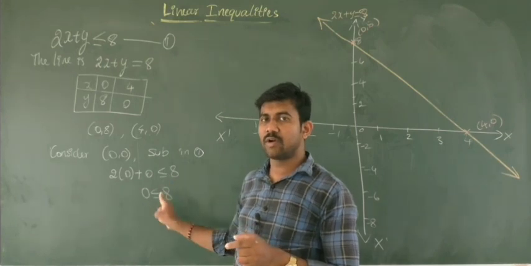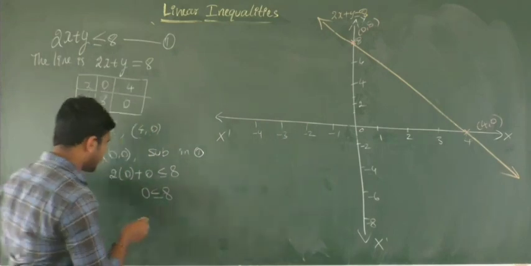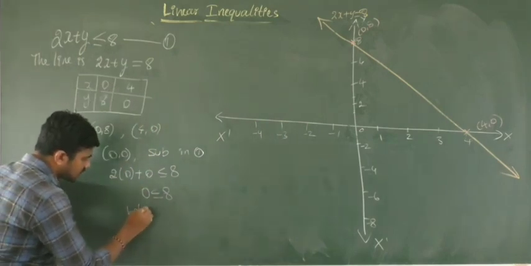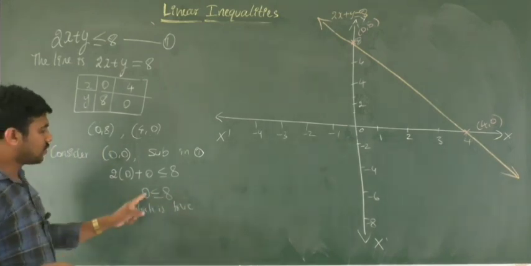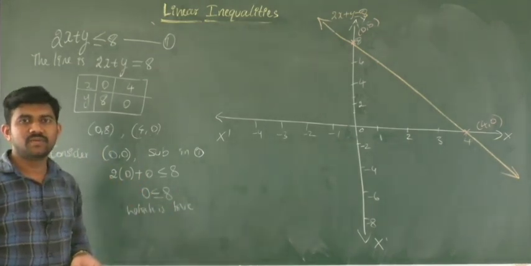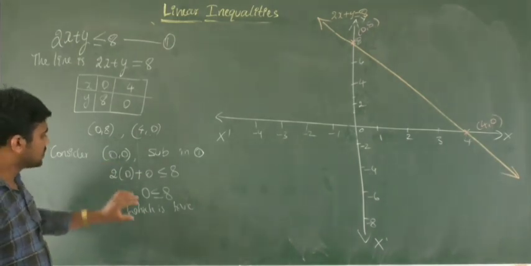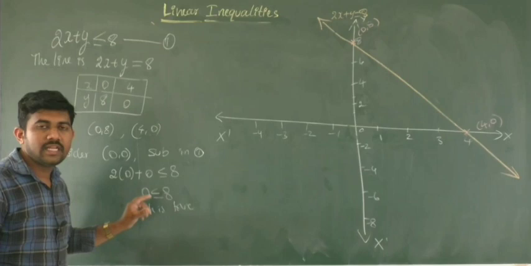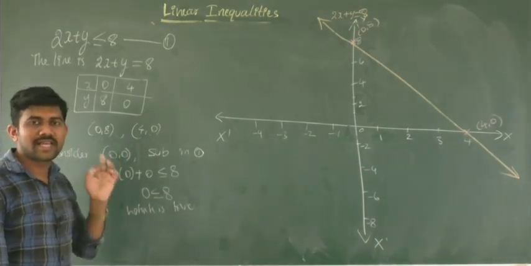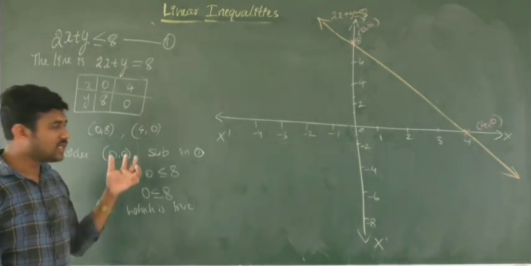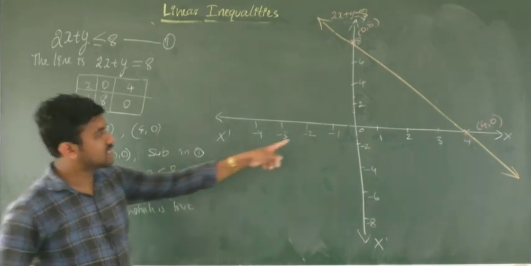So one of the properties here is satisfied. Clearly 0 is less than 8, so clearly we can see here which is true. Now we can say since the inequation is satisfied here, the point we considered lies in the solution region, or origin lies in the solution region. So origin lies in solution region.